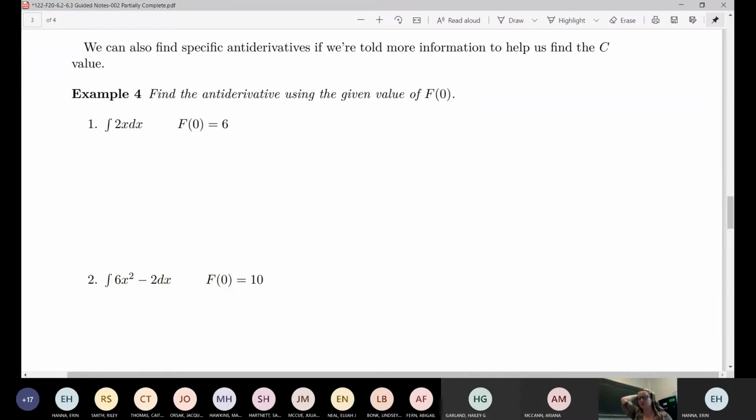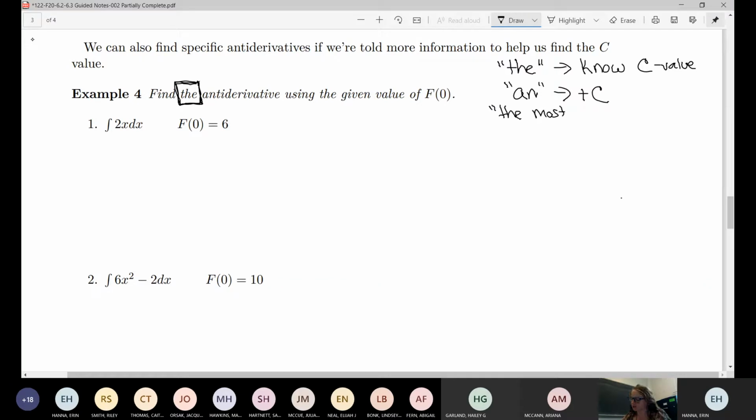Okay, hopefully that worked. Let me do this before we get started. Notice in this statement, it says the antiderivative. If you see the antiderivative, it means you're going to know the C value, or shall I say, you'll be able to find it. A lot of times, if they want us to find the thing we were doing before, where we just have the generic plus C at the end, they'll usually say something like find an antiderivative or find the most general